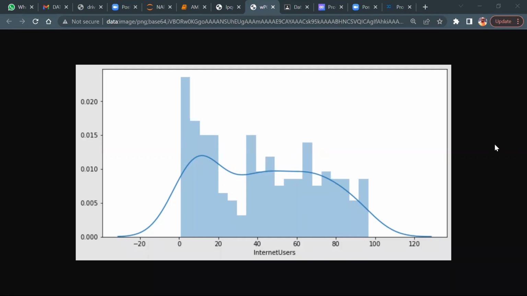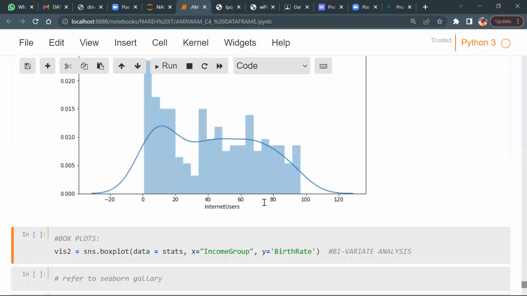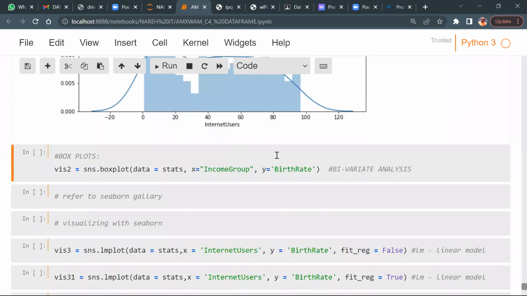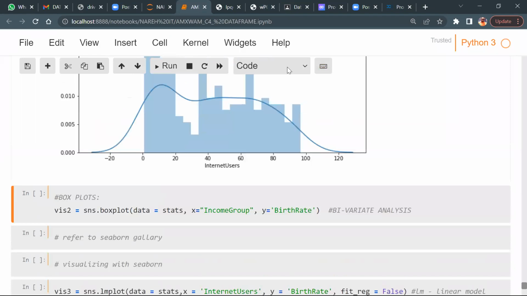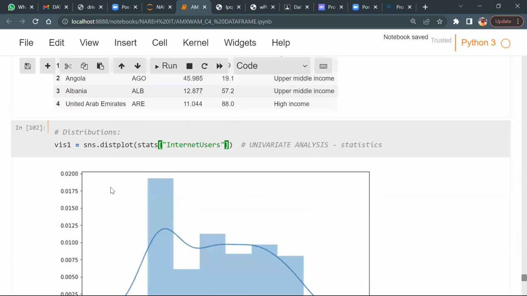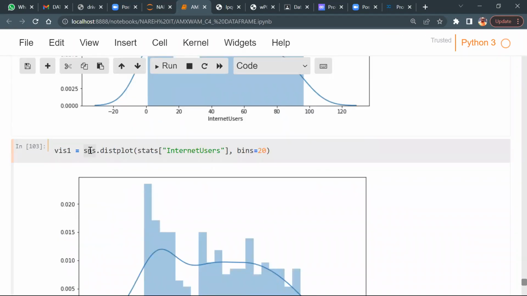Clear? Okay. Now let's talk about bins equals to 20. You understand what exactly 20 bins means, right? Now, what is the graph we're learning right now? Distributions plot, dist plot. All the credit goes to SNS, Seaborn. Now I want to change SNS to PLT. Will I get an error or will I get output? PLT.